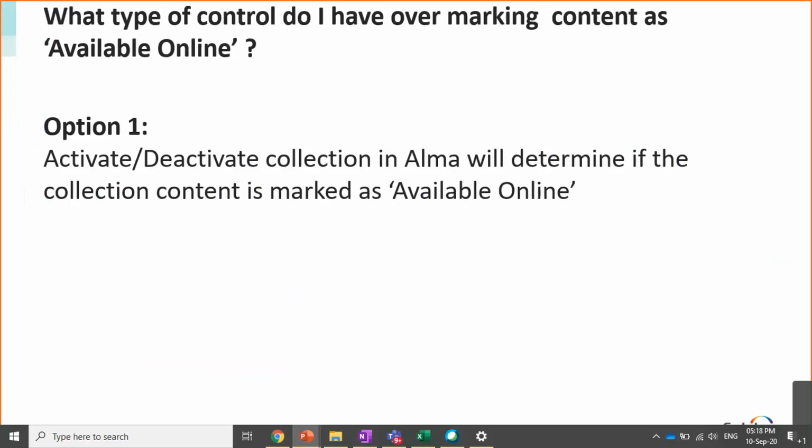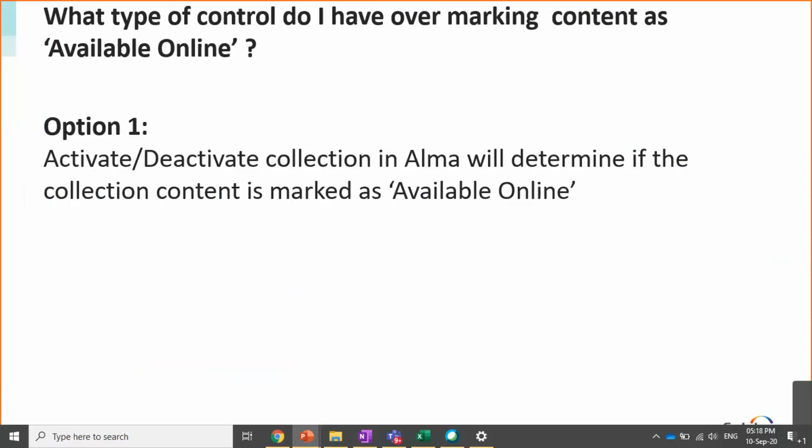It won't be available through your discovery system at all, completely. So if you deactivate content in Alma, it means that the content is not accessible at all. By no means, not through the central discovery index, not through the discovery system itself.